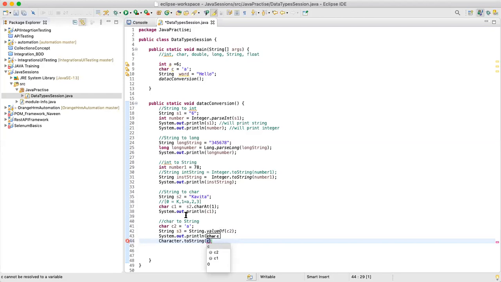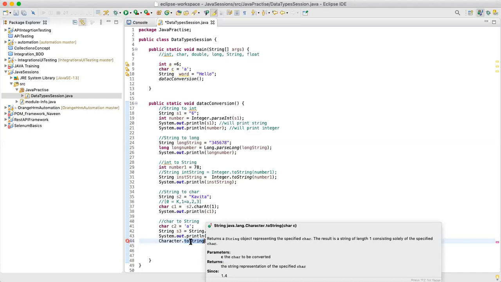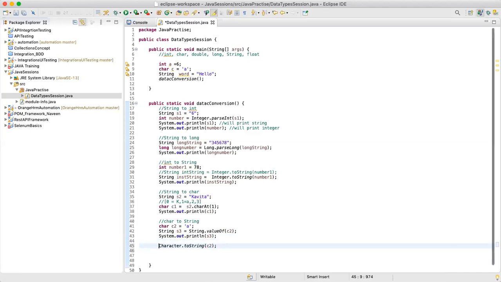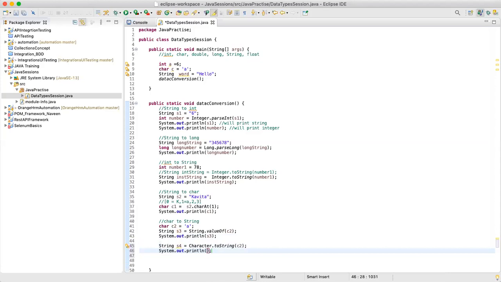The same way for character to string, we can use the class Character and use the method toString. Here you'll have to just pass the variable C2. Okay, we are converting into string, so we can say S4 is equal to this. Okay, and then you can just print out S4.